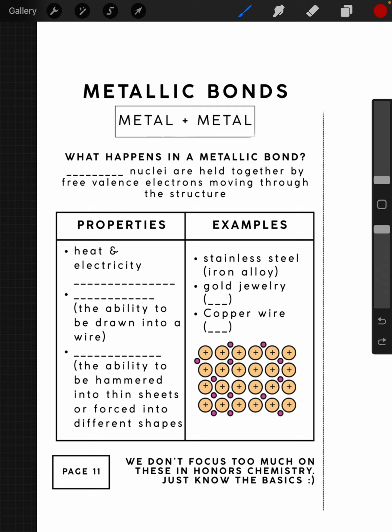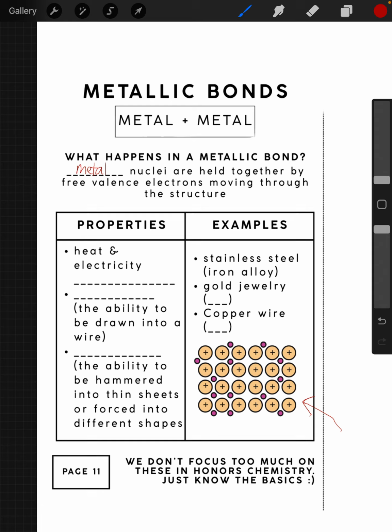It could be two of the same type of metal, for example, like two gold atoms. But basically what happens in a metallic bond is that metal nuclei are held together by free valence electrons moving through the structure. So if you take a look at this picture down here at the bottom of the page,